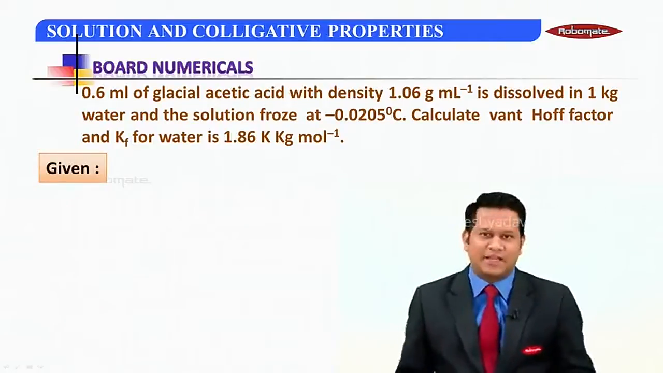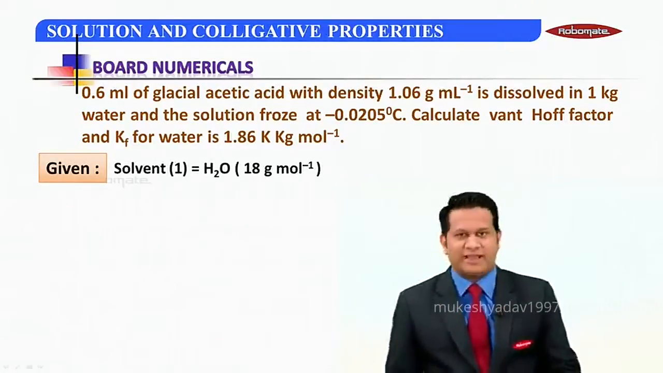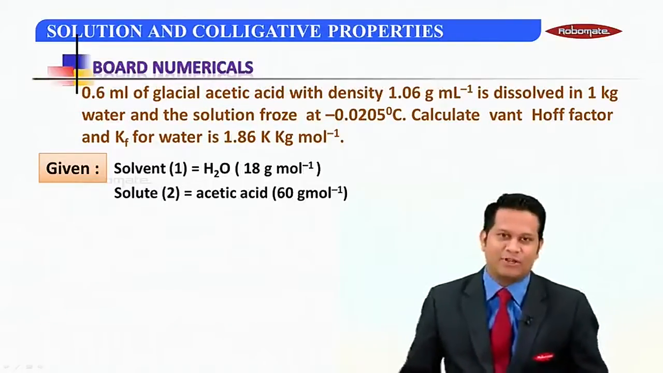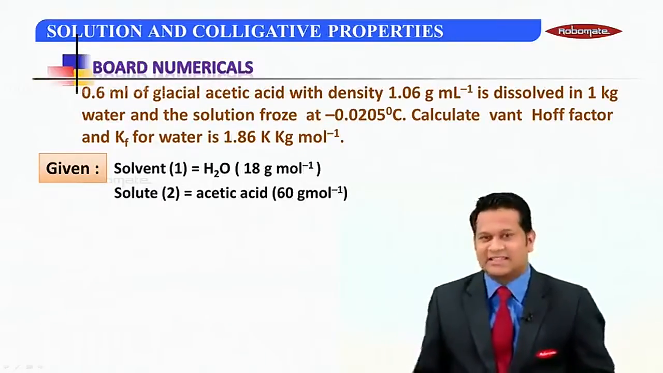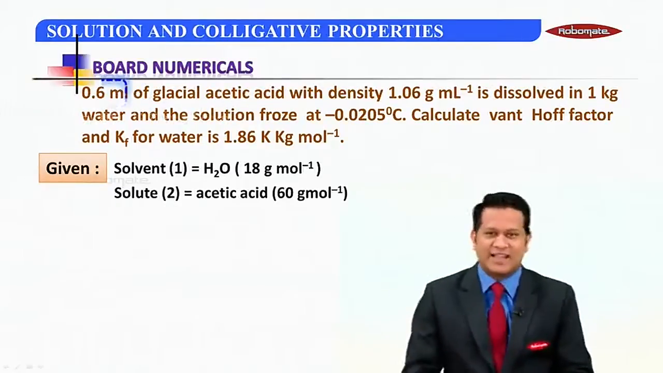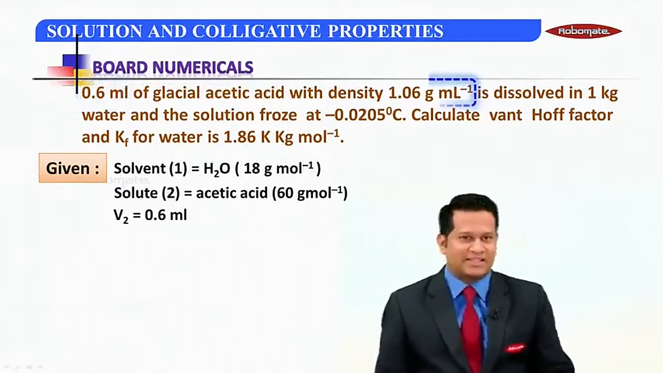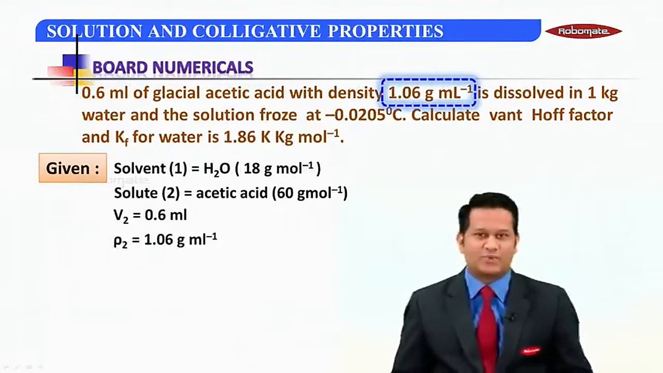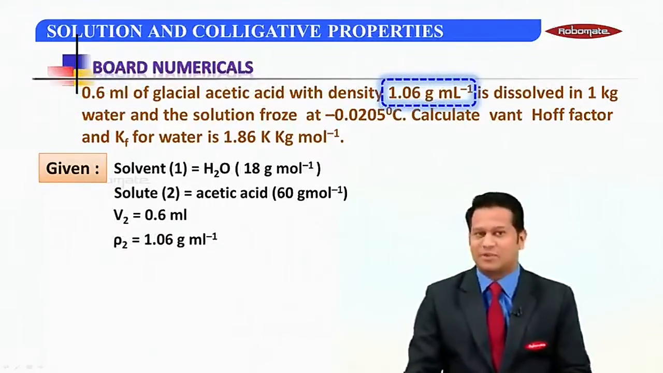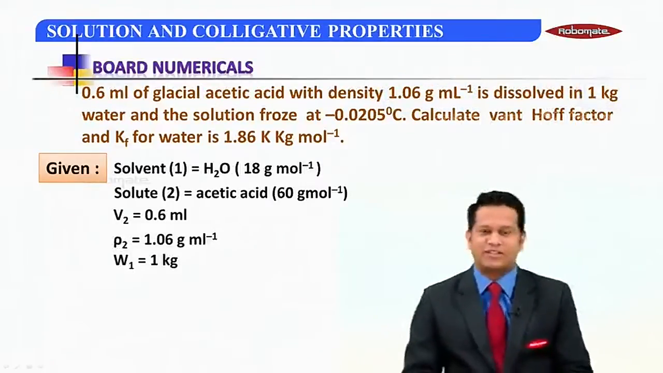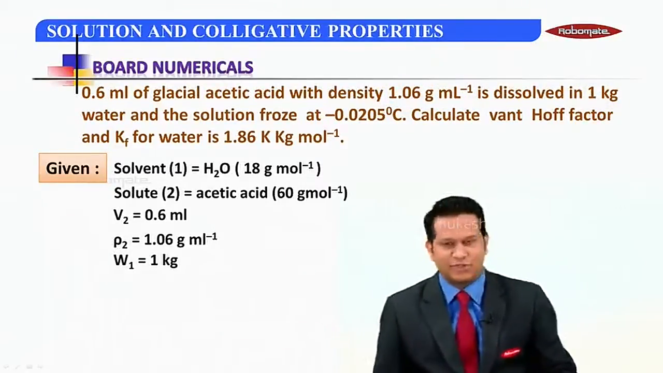So let's begin with the given. The solvent is water and the solute is acetic acid. Its molar mass is 60 gram mole inverse. The data says that 0.6 ml of acetic acid, that is nothing but V2, which is 0.6 ml, and its density is given, that is ρ2, as 1.06 gram ml inverse. Dissolved in 1 kg of water, it means that W1 is 1 kg and the solution is going to freeze